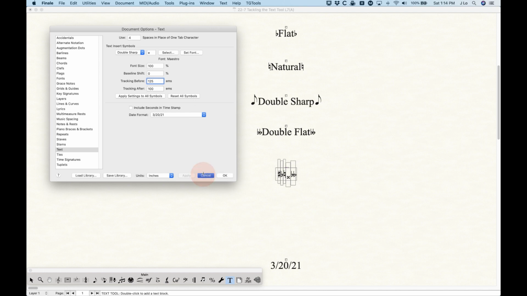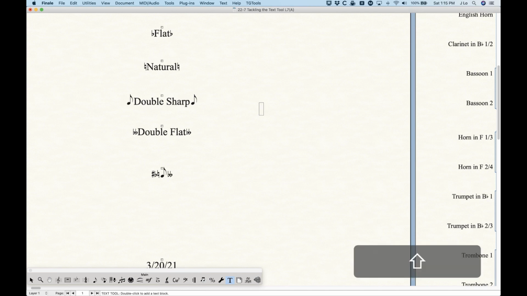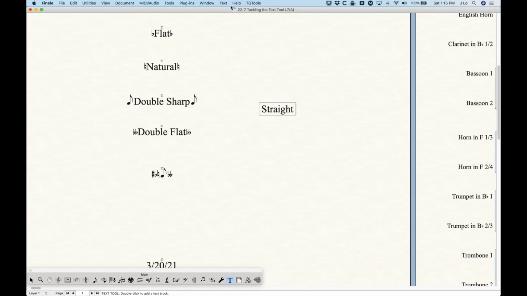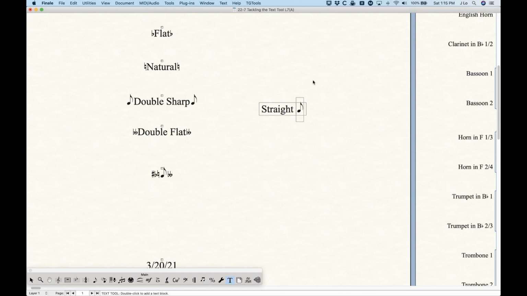a double sharp. Now this is actually kind of really handy because what you can do now is type something like straight. And then instead of trying to figure out, okay, I'm going to type an E, I'm going to highlight this, I'm going to change it to Maestro font, I'm going to find the eighth note character, blah, blah, blah. You don't have to do that. You can just use the insert for the double sharp because now the double sharp is defined as an eighth